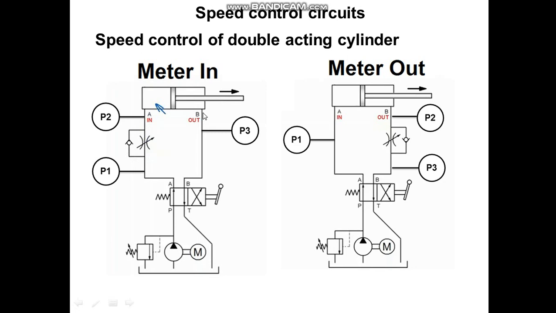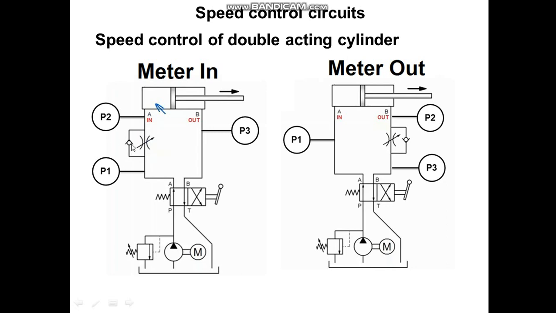So when the retraction starts from this direction, liquid from blank end will be passed through this flow control valve also and this check valve also. Since check valve offers less resistance to the flow, more amount of liquid will pass through check valve, and thus we are not monitoring the liquid which is coming out of blank end, and that is why this is the role of this check valve. So you have to be careful about the direction of this particular check valve.